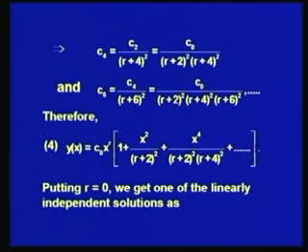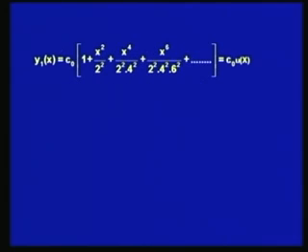And thus the solution of the differential equation can be written as y(x) equal to C naught x to the power r times 1 plus x square over (r plus 2) whole square plus x to the power 4 over (r plus 2) whole square (r plus 4) whole square and so on, which satisfies all the recurrence relations. Now, in this, if you put r equal to 0, you will get one of the linearly independent solutions of the given differential equation as y1(x) equal to C naught into 1 plus x square by 2 square plus x to the power 4 over 2 square 4 square plus x to the power 6 over 2 square 4 square 6 square and so on, which we call as C naught into